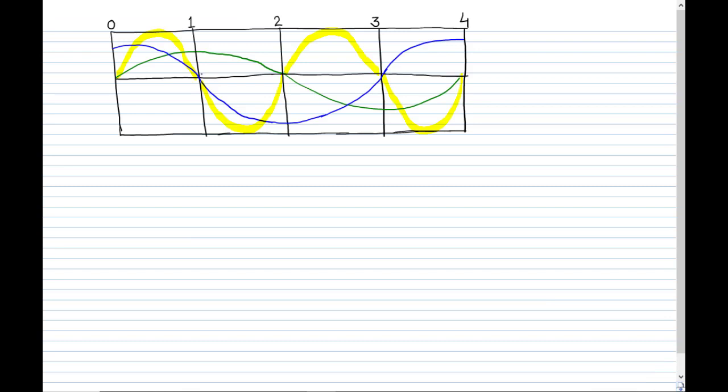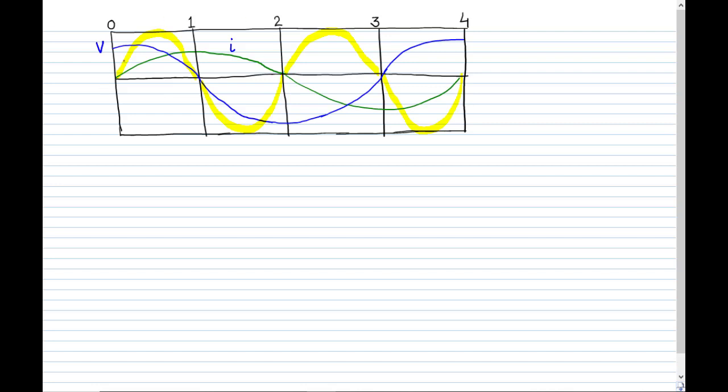In this diagram, we have shown a complete cycle. The blue line is the voltage; it starts from maximum, goes to 0, then goes to maximum negative and comes back to maximum positive. So from 0 to 4 it completes one cycle for the voltage. The green curve shows the current I. It starts from 0, goes up to maximum, comes back to 0, becomes maximum negative and again becomes 0. So green shows a complete cycle for the current.